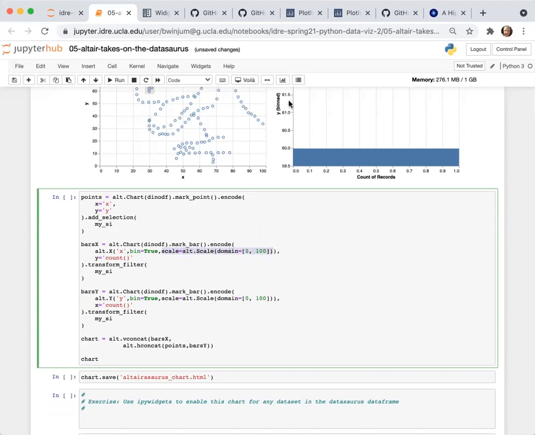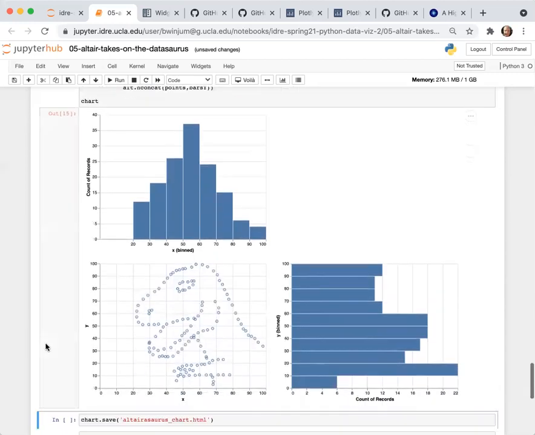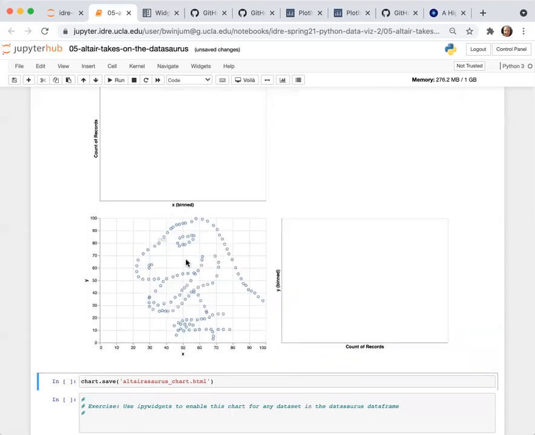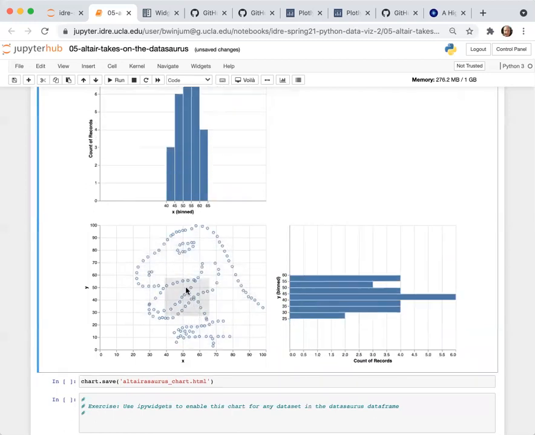This is where you change the scale of, in this case, the X, or in this case, the Y. This is another Altair object called scale, and I change the domain from 0 to 100 for both of them. So now the range goes from 0 to 100 for both of the histograms, and it doesn't vary as I change this around.